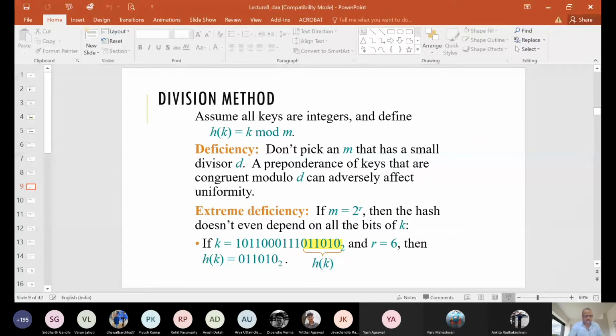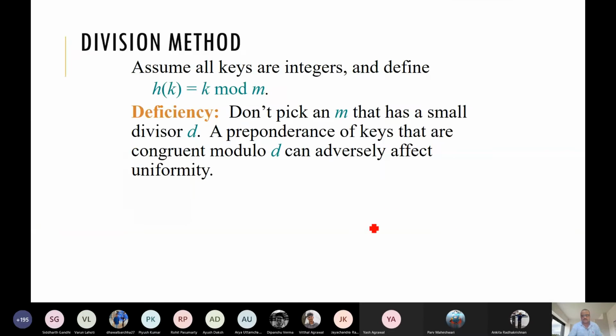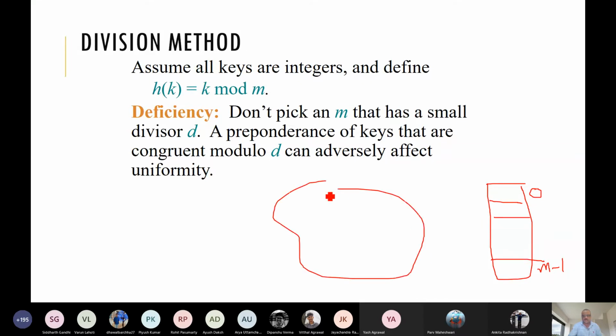So here, the table size is fixed, from 0 to m minus 1, and the key is any integer, say 105931.